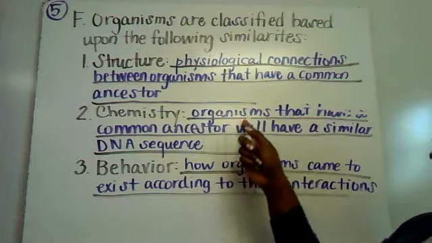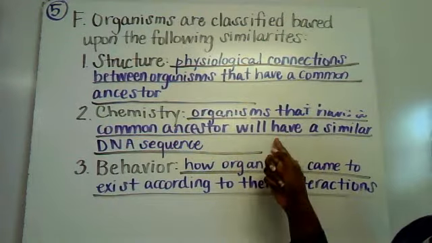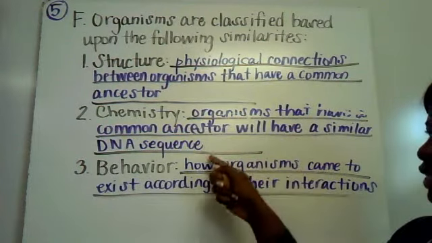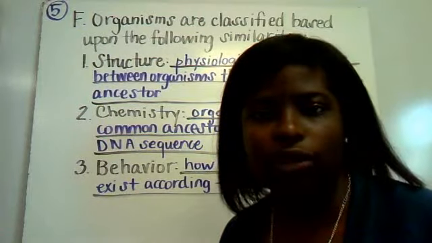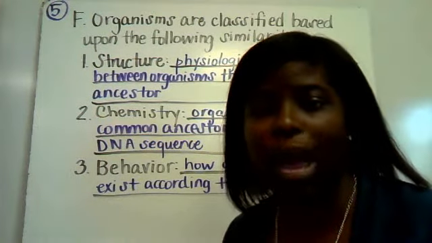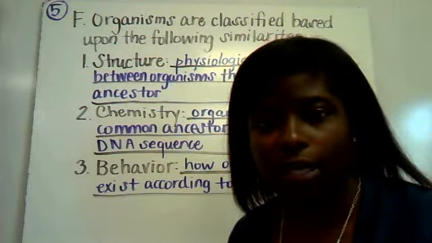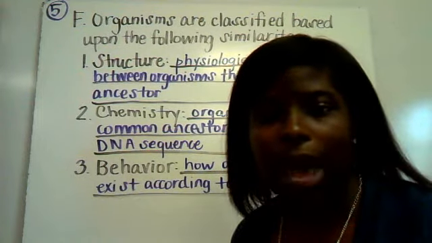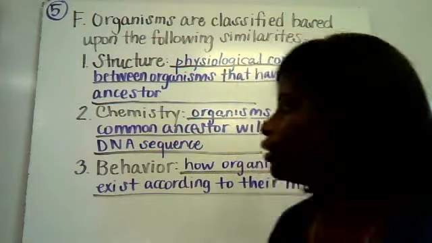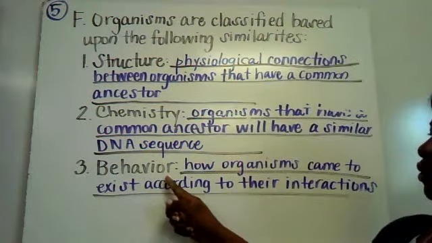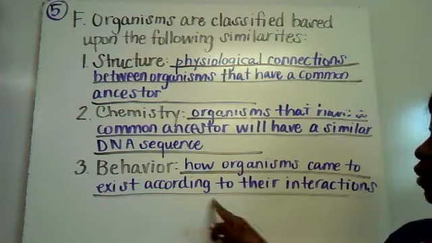Chemistry: organisms that have a common ancestor will have a similar DNA sequence. So if you think back to the second evidence of evolution, which was biochemistry or biochemical analysis, that was using the similarities in the DNA sequence, the amino acid sequence, and the protein sequence in order to determine if something was related or not. The third is behavior, and your behavior is how organisms came to exist according to their